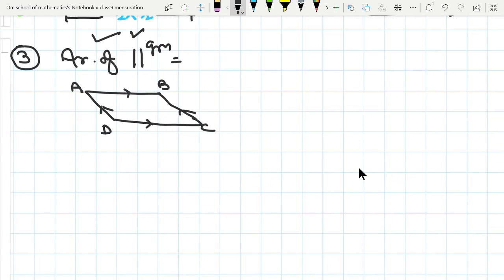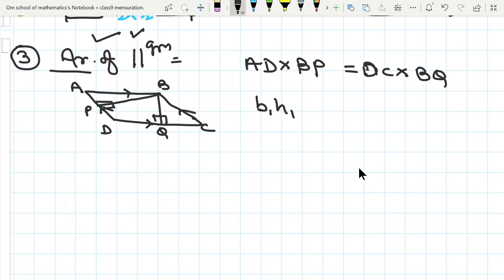तो ये जो है ना, ये एक हाइट है, और अगर मान लिया जाए हम बेस एडी को कंसीडर करते हैं तो ये हो जाएगा एडी इंटू बीपी, ये हो जाएगा हमारा एरिया। लेकिन ऐसा बिल्कुल भी नहीं है कि यही एरिया होगा। अगर मैं डीसी को लूँ तो डीसी के सामने ये हो जाएगा बीक्यू, तो एरिया ऑफ पैरेललोग्राम क्या हो जाएगा? डीसी इंटू बीक्यू, दिस इज द एरिया ऑफ पैरेललोग्राम। तो इसको आप सिंपली याद रखिएगा, B1H1 इज इक्वल टू B2H2, यानी फर्स्ट बेस है तो उसके करस्पॉन्डिंग हाइट फर्स्ट हाइट, और अगर हमने बेस को सेकंड कंसीडर किया है तो H2 होगा। सो दिस इज द फॉर्मूला टू फाइंड द एरिया ऑफ पैरेललोग्राम।